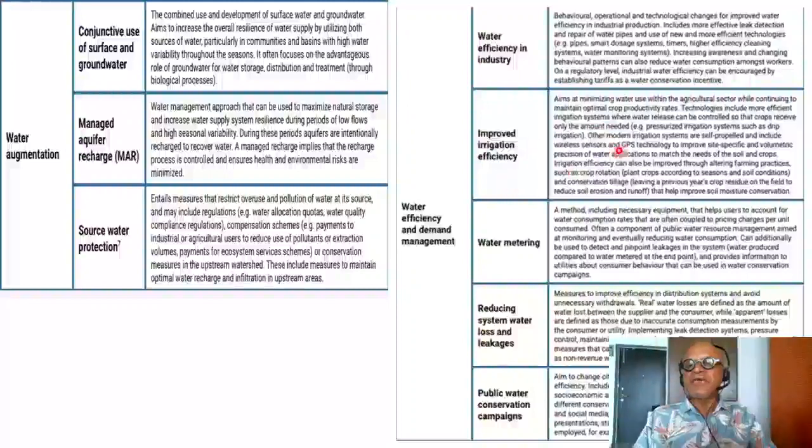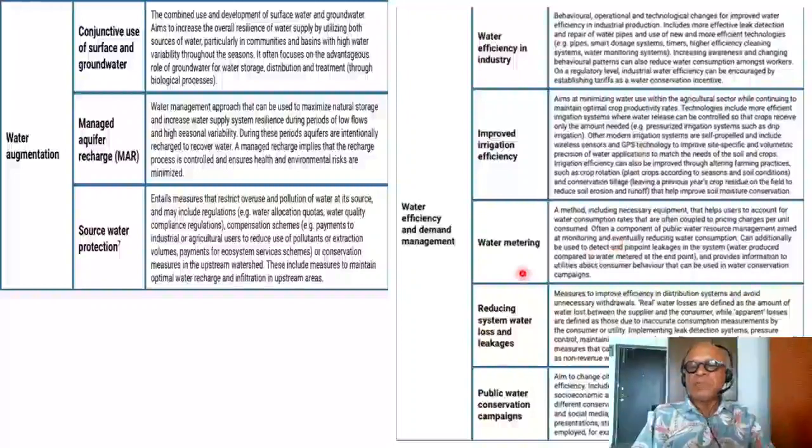Improved irrigation efficiency aims at minimizing water use within the agricultural sector while continuing to maintain optimal crop production rates. Technologies include more efficient irrigation systems where water release can be controlled so that crops receive only the amount needed. For example, pressurized irrigation systems such as drip irrigation. In fact, here is where subseasonal to seasonal forecasts are used for water use efficiency and water planning, so that you convert weather forecasts at short, medium, and extended range. So days 1 to 3, 3 to 10, weeks 2 to 4, and so on,